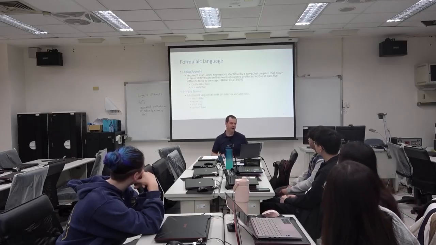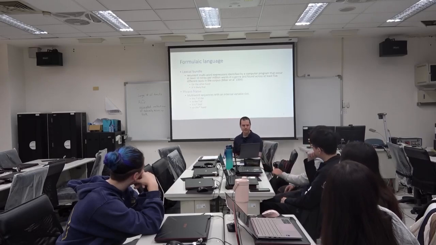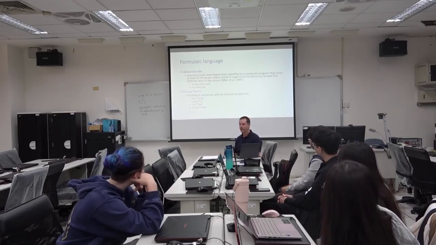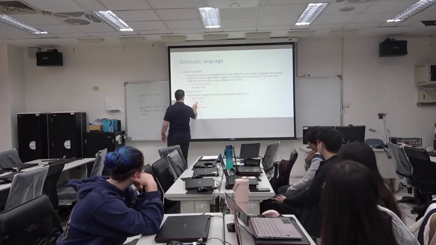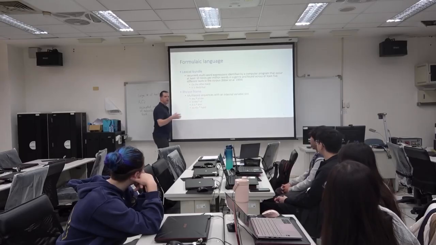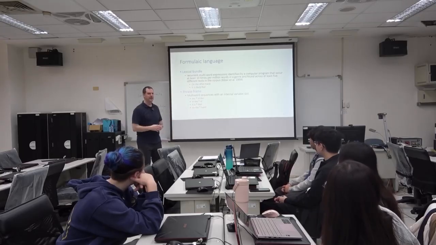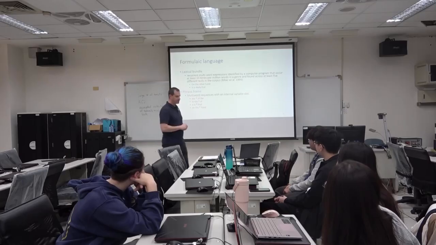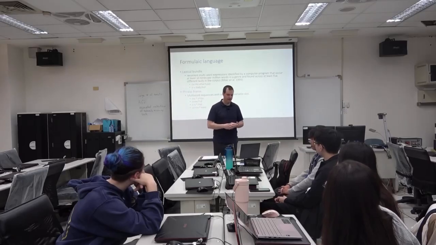Then there are phrase frames, and these are basically lexical bundles with an internal variable slot. Some examples are the blank of the, in the blank of, it is blank that, right? Like it is likely that, it is possible that, it is probable that. So this sequence of words is very frequent, but the filler, the variable slot, can change, and a couple of words will fill that slot more frequently than others. On the blank hand, right?